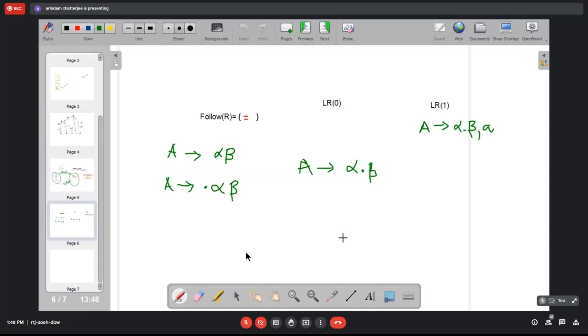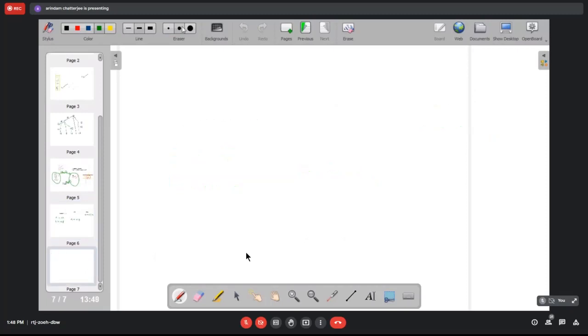So let us look into the rules for creating the set of items. So you have a rule A producing alpha dot B beta.